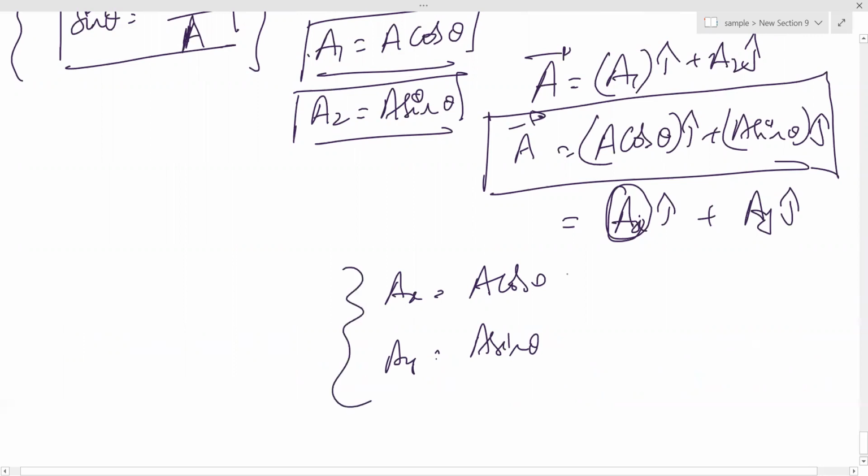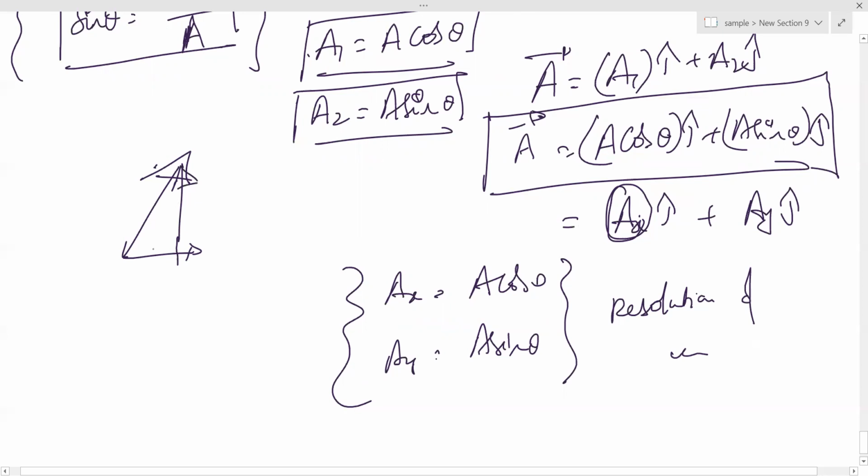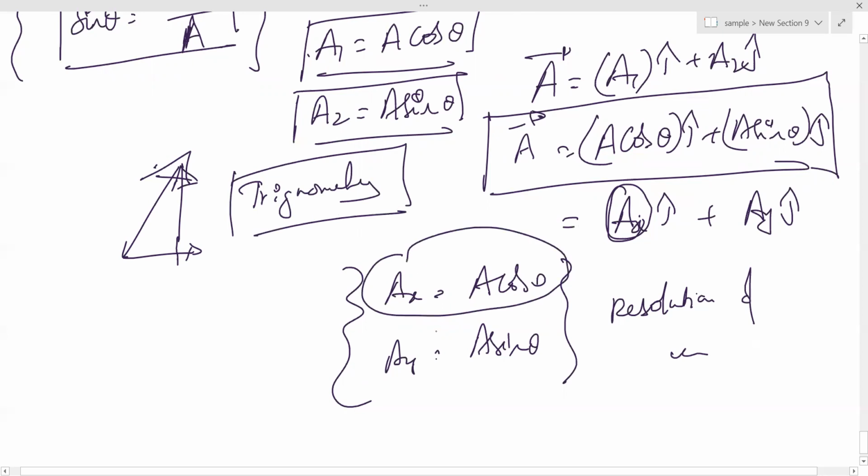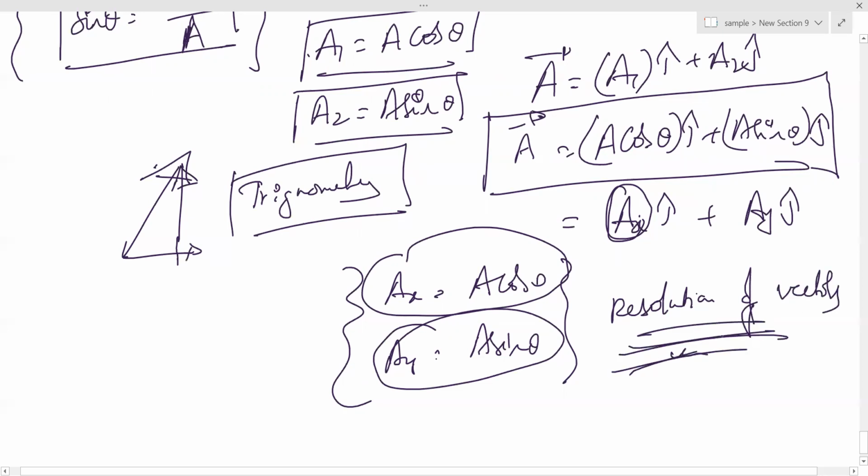But this is called resolution of vectors, which is very important. That means a vector is there, and you resolve it into components, horizontal component and vertical component. Whichever angle you know, accordingly you will resolve. This resolution is quite important. You need to know basic trigonometry for it. Here AX has become A cos theta, AY has become A sin theta. This is called resolution of vectors, a very, very important term. In physics, you have to use this many times in solving problems based on physical quantities which are vectors. Got it?